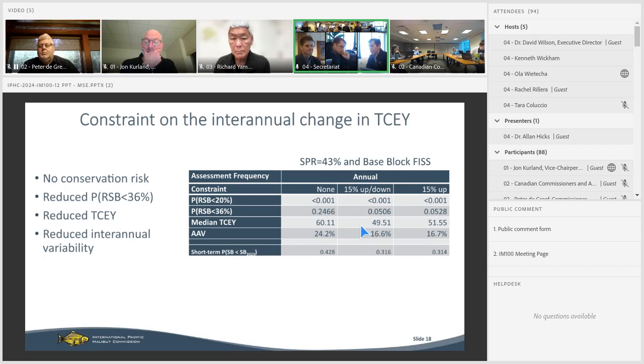And we're really trying to still investigate exactly why that's occurring, but we believe it's occurring because with the constraint, you actually go to low levels because you have higher TCYs in some years. And when we're at low levels, the percent change has a slower time climbing out of those low levels to the high levels because it's a maximum percentage change. It does reduce the interannual variability, though, as can be seen here, by quite a bit, as you would expect. And the probabilities of falling below the spawning biomass in 2023 are about the same.